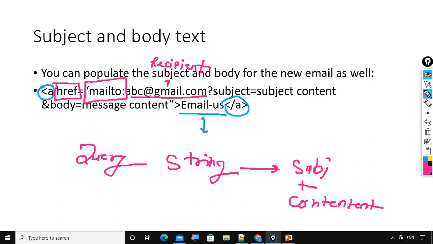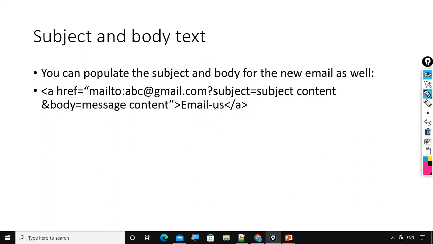These two things I will do with the help of the query string. How do we write a query string? We write it with a question mark, and from the question mark till the end, whatever we have written will be considered the query string.